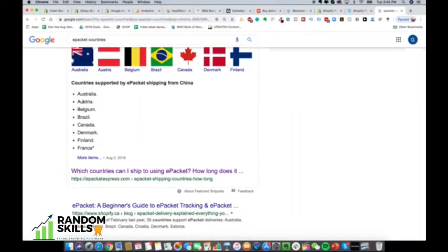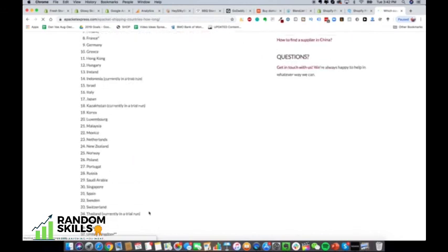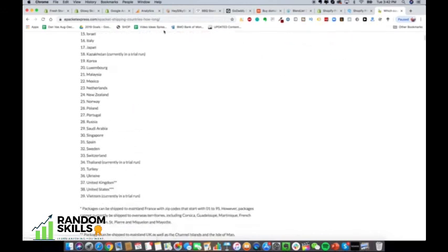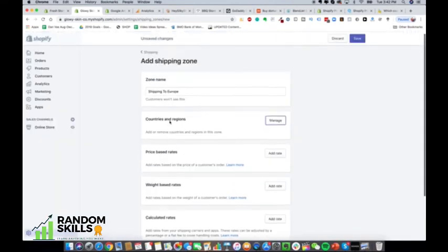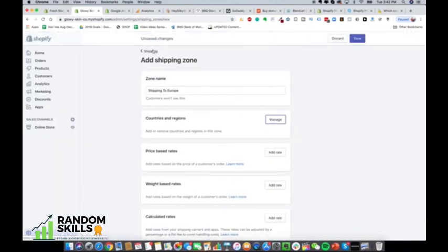Here you can see Austria, Belgium, Denmark, Finland, France, then Norway, Sweden. So if you click here, you can see all the European countries, and then you can just go back here and select them. Eventually you would have this all filled out properly, and then the shipping would actually work. But like I said, if it's free shipping, you don't have to do any of this, you just do the free shipping zone. All right, so now let's